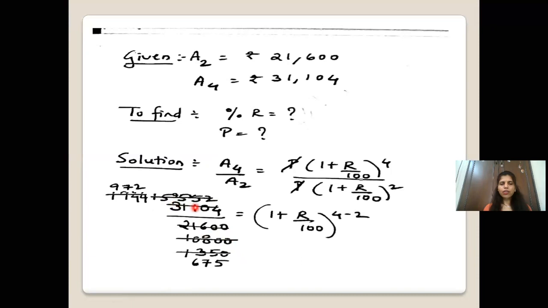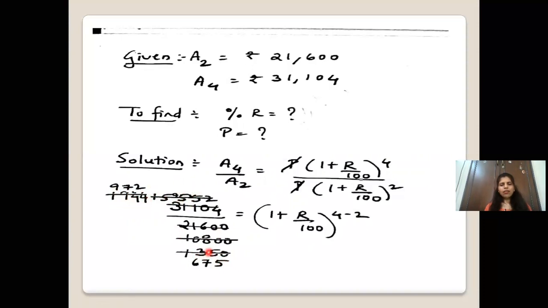But you can check for other numbers as well if you want to do it a little faster. Here you can see that instead of 2, we have taken 8. So 8 ones are 8, 2 carry over. When we carry over 2, 8 threes are 24, 4 carry over, 8 fives are 40, 0. Similarly, we have divided this also by 8: 8 ones are 8, 15 minus 8 we got 7, 8 nines are 72, carry over 3, 8 fours are 32, carry over 3, 8 fours are 32.